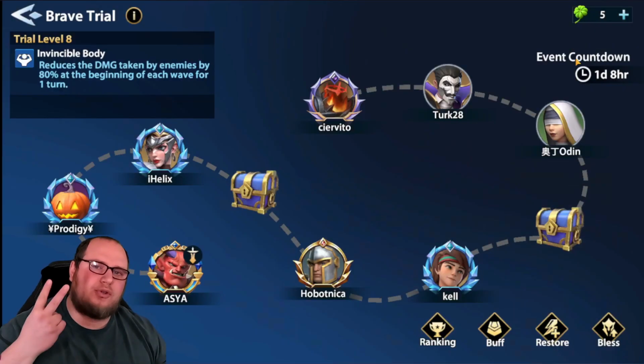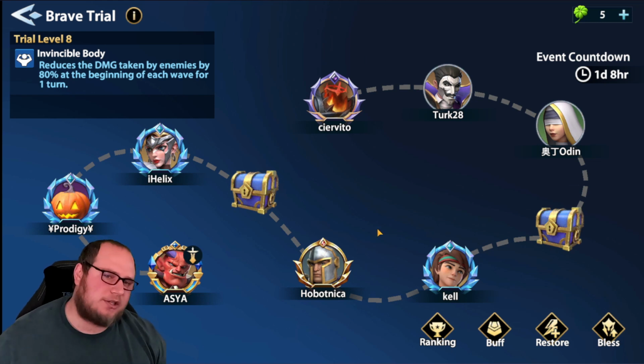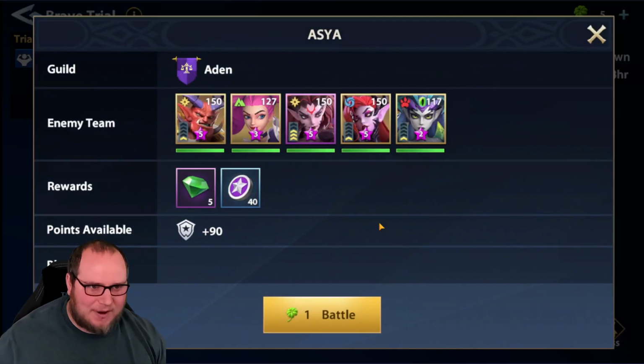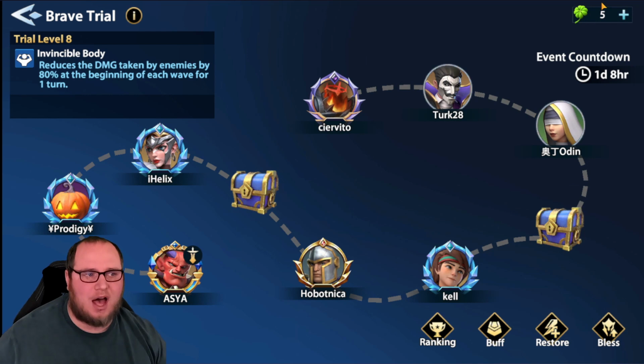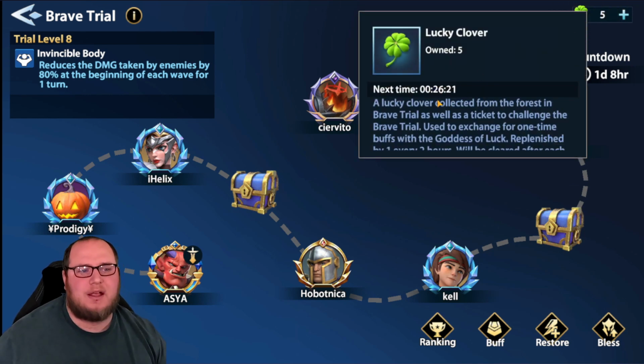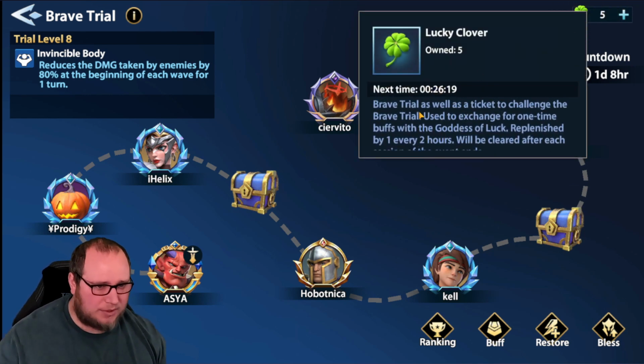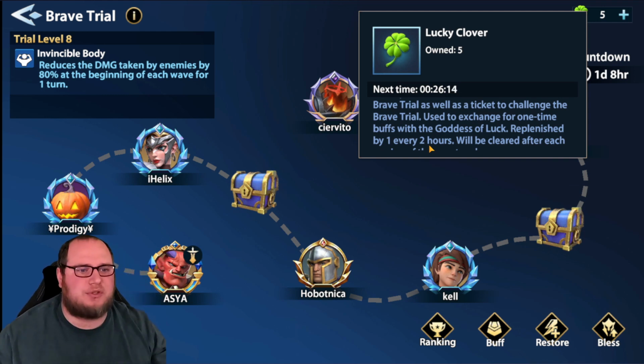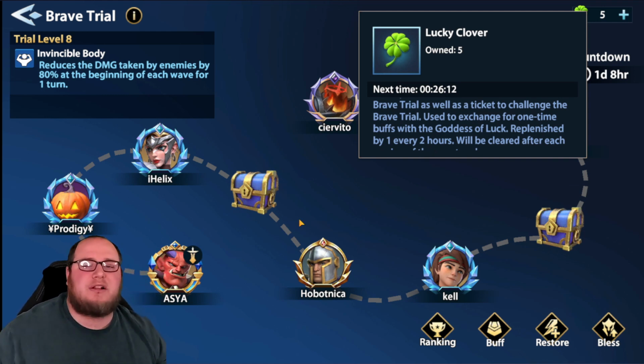Well, it takes you 2 clovers to restore each character. Chances are you're losing 2 to 3 characters before you end the fight. If you are going back in and fighting, then you've lost all of your characters. So that's 10 clovers you've lost, right? That's a lot of time. I want to say it's every 2 hours. Yeah, so if you lose your full team, you're out of commission for 10 hours of lucky clover